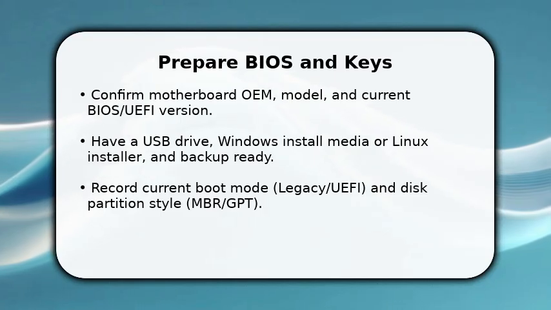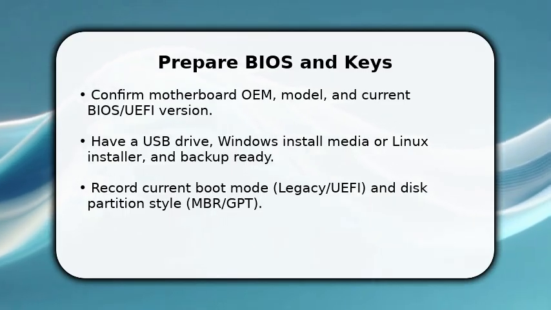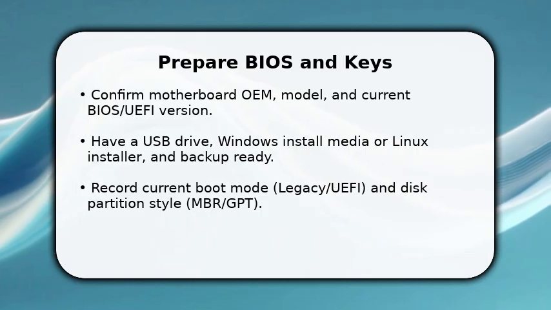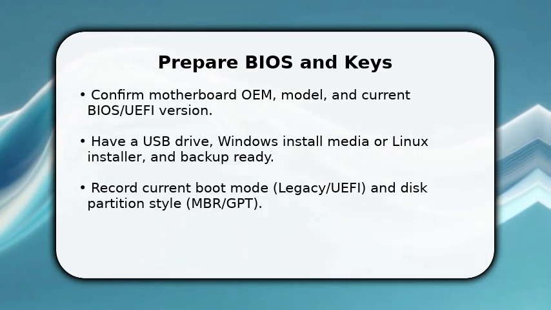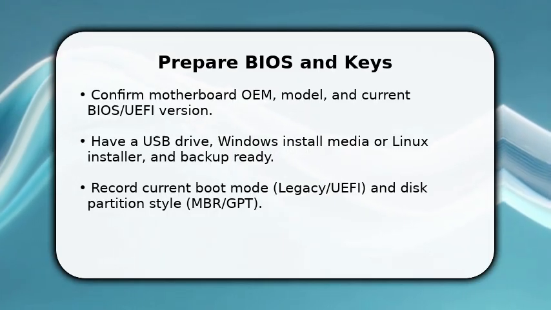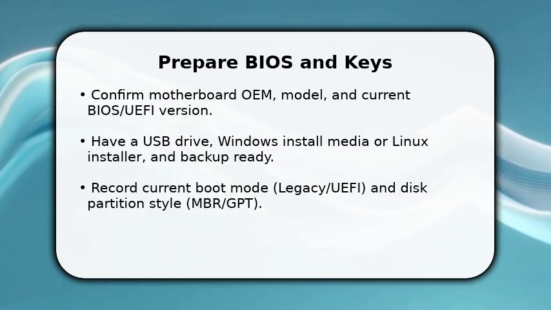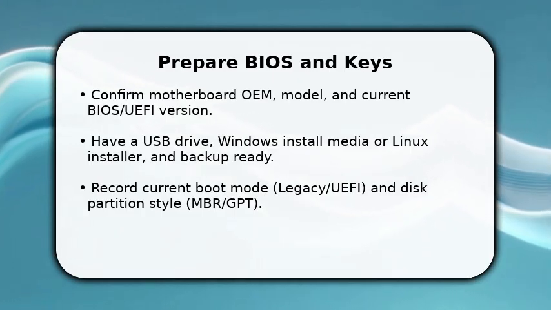You'll start in the firmware. Reboot and enter UEFI/BIOS now, because we need to confirm settings and available Secure Boot options. Once inside, check and note the firmware version and whether boot mode is UEFI or legacy. This determines the steps ahead. If Secure Boot options are grayed out, make sure CSM is disabled and that your disk